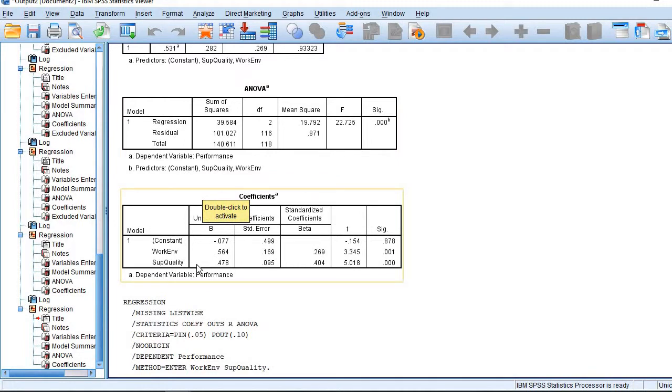If the hypothesis was that work environment is a significant predictor of performance, we will accept this hypothesis. If the hypothesis was that supervision quality positively affects performance, we accept this hypothesis also. So on the basis of this particular table, we can accept or reject the hypothesis. So this was the very basic level understanding about regression analysis. Thanks for